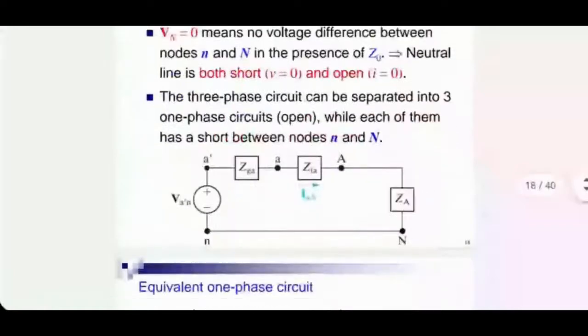Now, single phase circuits are the best method to tackle numerical problems for balanced systems. We take only one phase and look at the entire circuit for that phase, which will have, of course, the generator impedance if it is given. If it is not given, you ignore it. It will also have the line impedance if given. If not given, just put it 0. Load impedance cannot be put 0. Some load will always be there. So ZA is the load impedance in the A branch of the load. After that, it is Ohm's law in complex domain.